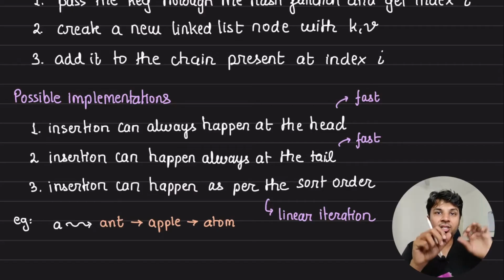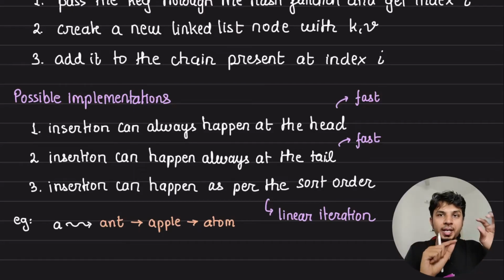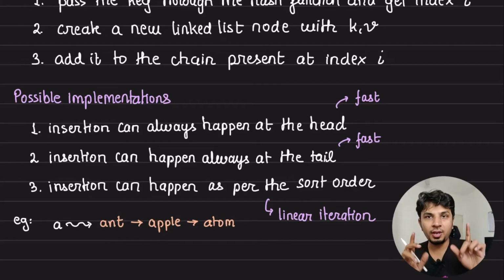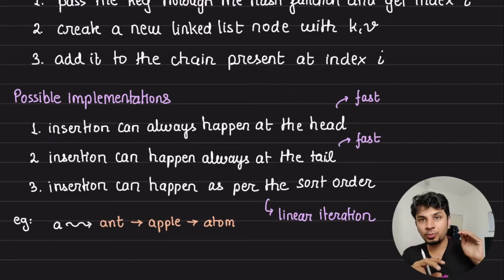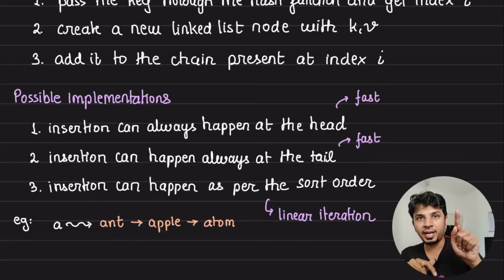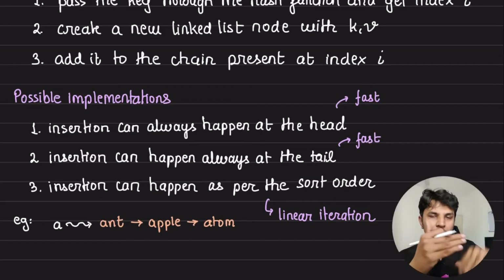So given that is the case, you would have to iterate through the linked list, find the place that would be appropriate for this key to be slotted in the linked list, and that's where you would add it. So if you would want to maintain some sort order, whenever the collision happens, your insertion would need to be according to that, right? So 3 possible implementations of inserting in the linked list: always add it to the head, or always add it to the tail, or depending on the order, you would be adding it to the linked